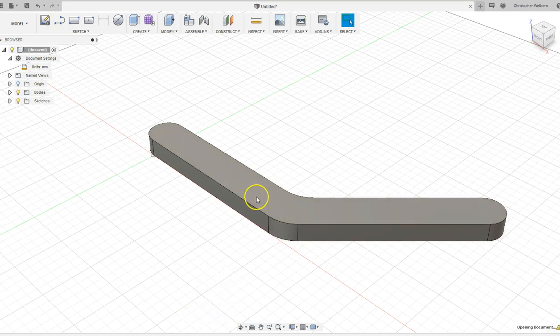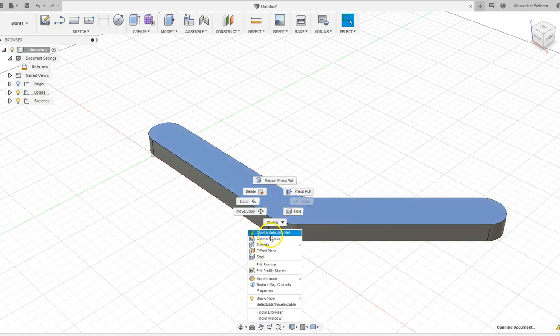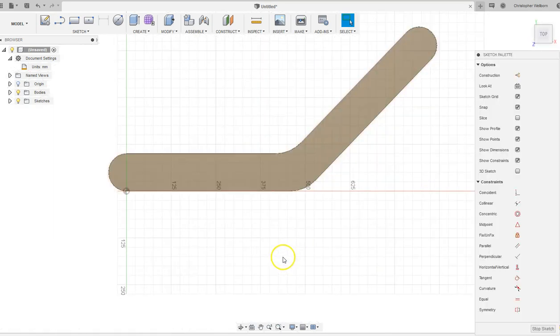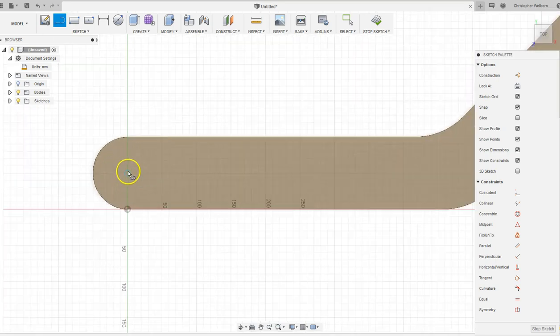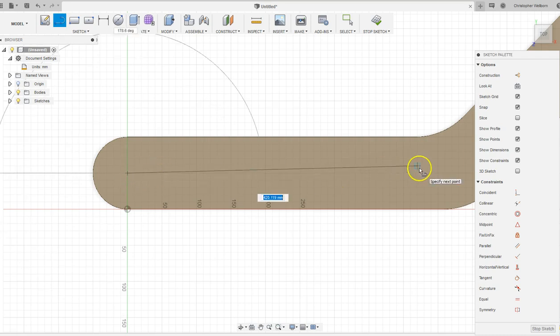All right, now we're going to put a sketch on the top of this. So I right-click on the top and I do Create Sketch. Okay, and we're going to put a couple of lines. So click on the Line tool and find the center of that circle. You'll know you're there because a little circle will show up right like that. And we'll click once, and we'll move over